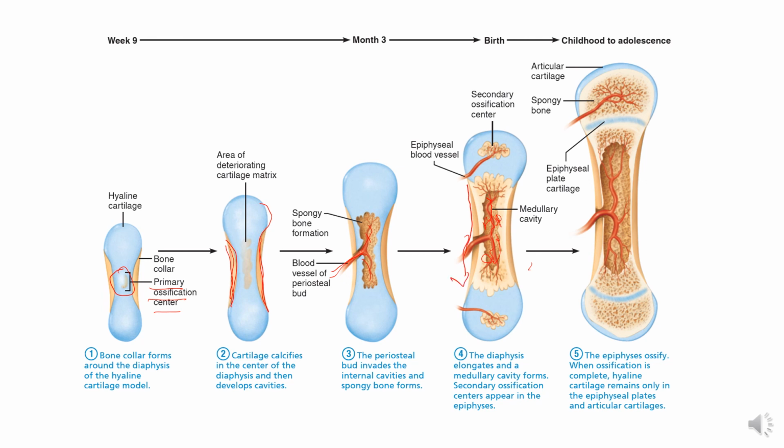The bone lengthens, and after birth, in the epiphysis, the secondary centers of ossification appear, and bone starts forming here, and the process of bone formation continues until the cartilage remains on the surface, in the form of articular cartilage and in the form of epiphyseal plate. Then this epiphyseal plate is used for further growth of the long bones that occurs after birth up till 21 years of life into the adolescence.